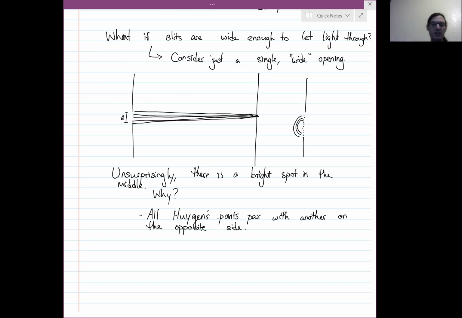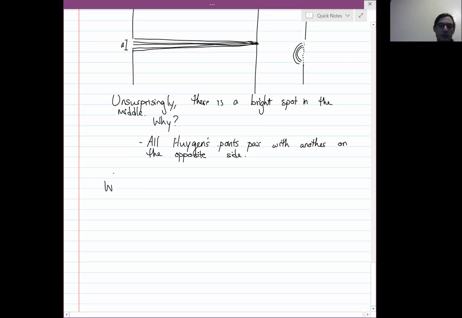So now the question is what happens at increasing angles? Remember, angles means further up the screen. Theta measures the angle relative to the horizontal. So eventually,